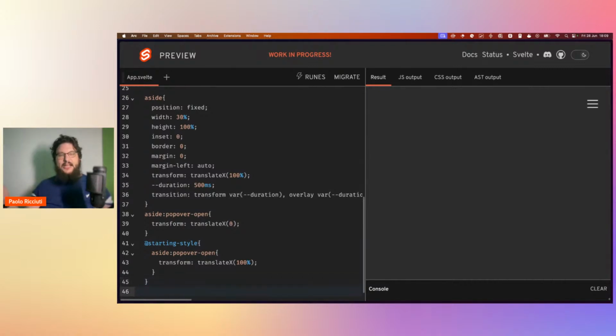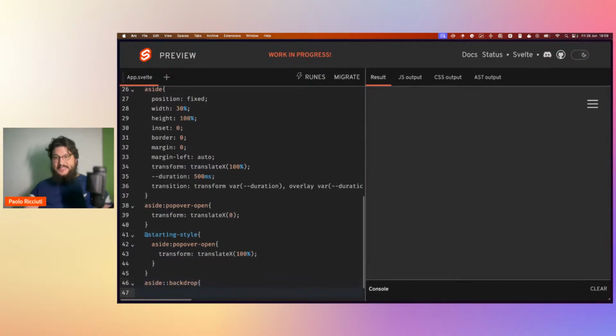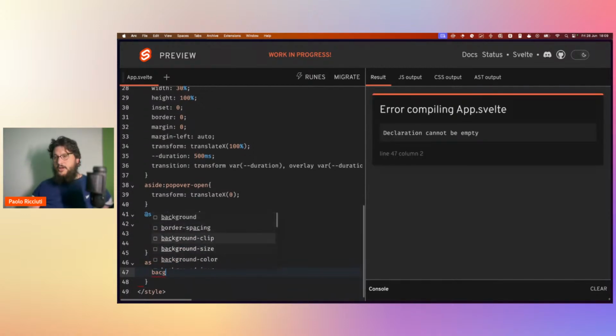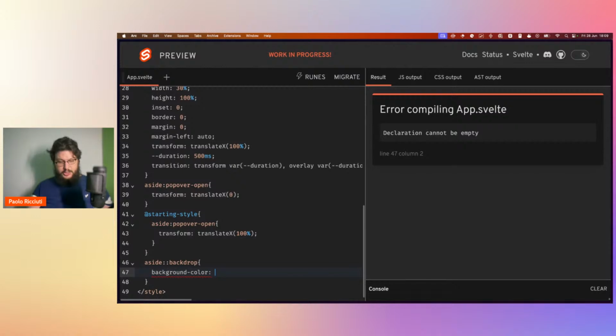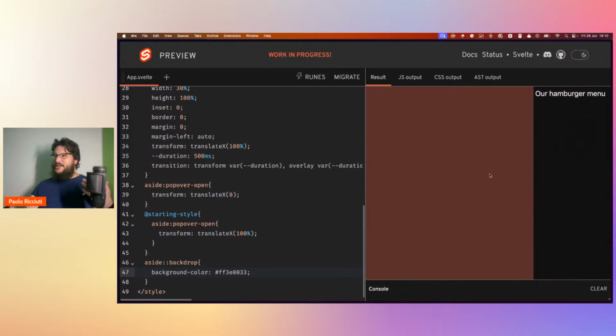So just like for the dialog element, for example, you can do aside, backdrop, and you can style the backdrop. So let's say that we add a background color of, let's say FF300, and let's add a slight one, we don't want to overdo things here. So by doing this, you can actually